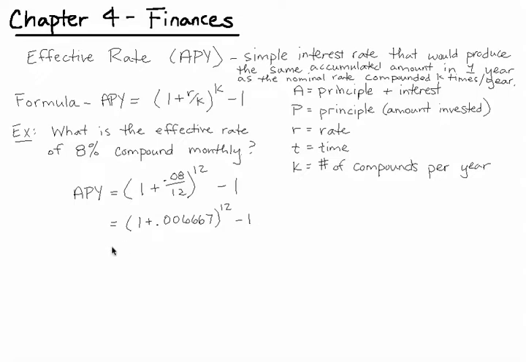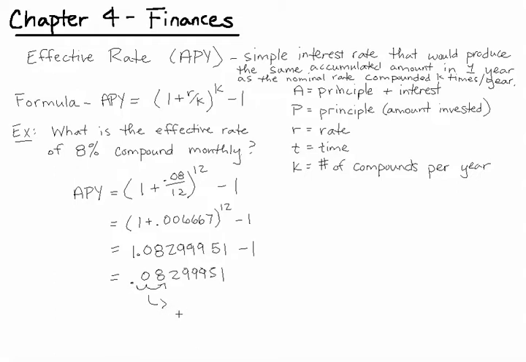And then when you raise 1.00666 repeating to the 12th power, this should give you 1.08299951. Then subtracting 1 from that gives us 0.08299951. So our effective rate, or the APY, we change that to a percent